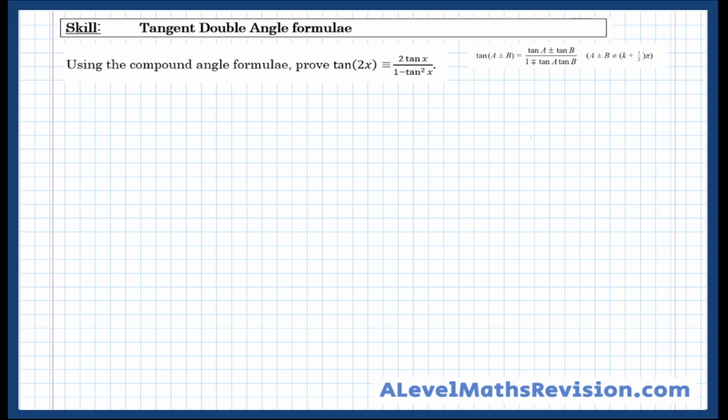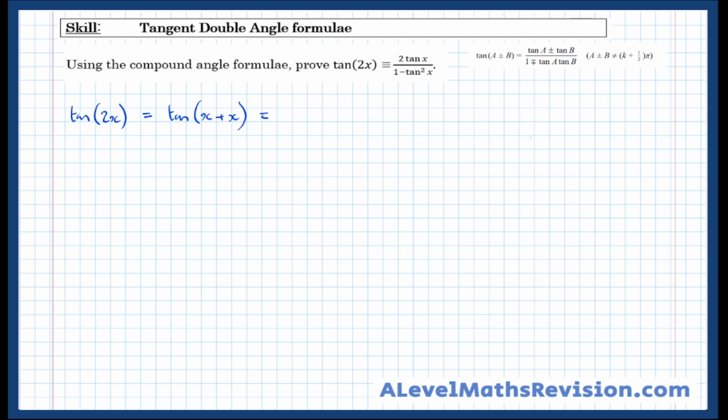As I say, you've learned all the techniques needed to do all the questions in the previous two lessons. So, let's have a look. So it says, using the compound angle formulae, prove tan of 2x is 2 tan x over 1 minus tan squared x. So tan of 2x is the same as tan